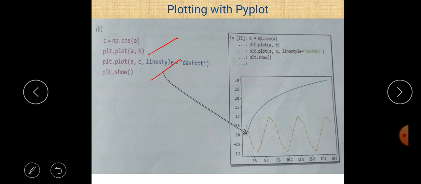So we use line style here, two different line styles, and finally plt dot show shows the output. One line is between a and b and the second between a and c, and the second line style is dash dot. Using this you can easily print different line styles.